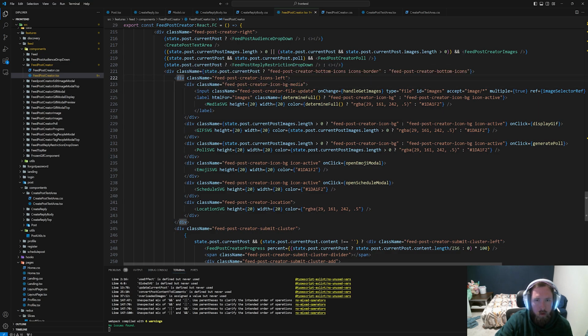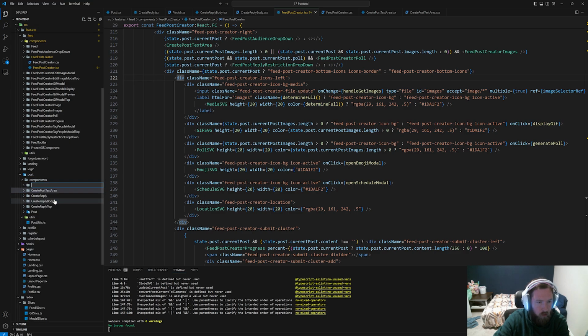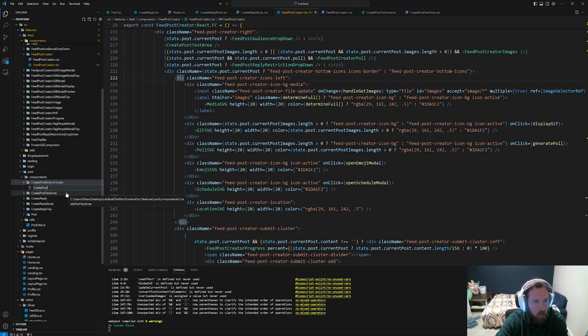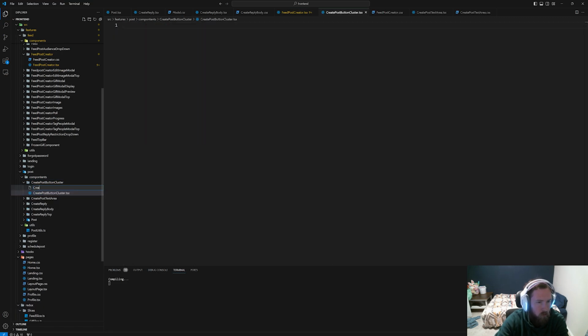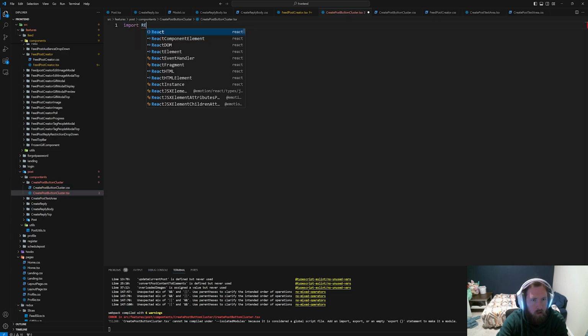So this feed post creator icon's left. So let's go ahead and come into here and make a new folder, and I'm going to call this create post. And what do we want to call this? I guess a button cluster, maybe. Kind of a lengthy name, but whatever. Create post button cluster .tsx and make a new file. Create post button cluster CSS, and let's just import React